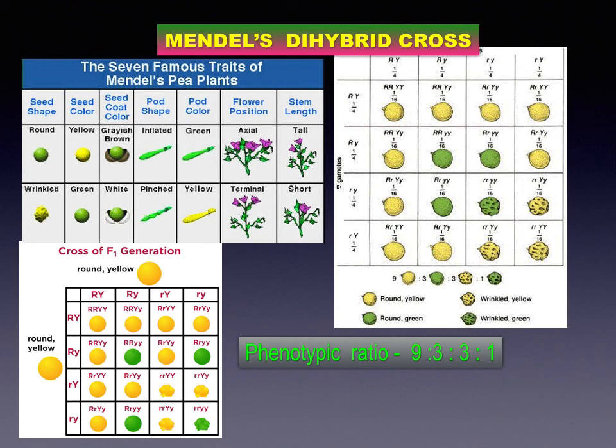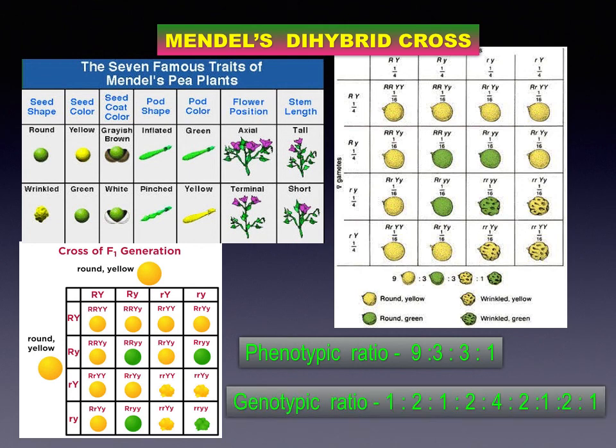So it was found that F2 plants formed by fusion of 4 types of male gametes and 4 types of female gametes had phenotypes such as round yellow, round green, wrinkled yellow and wrinkled green with a ratio of 9:3:3:1, whereas the genotypic ratio is